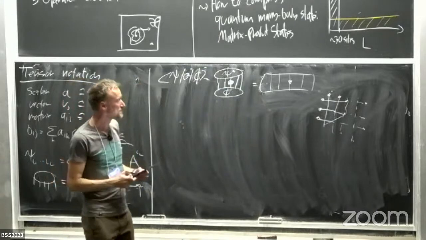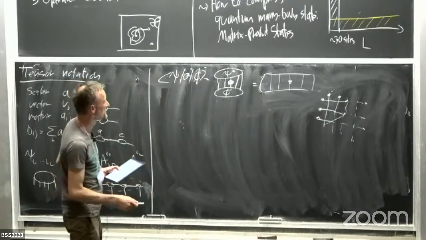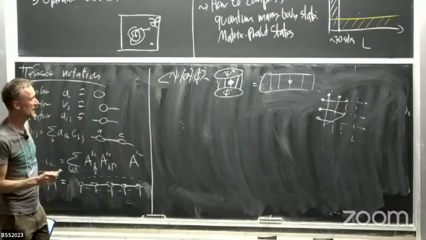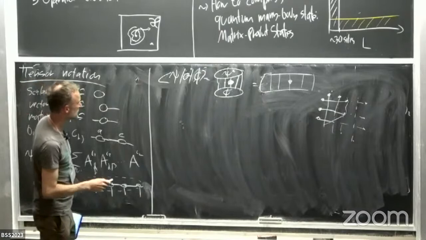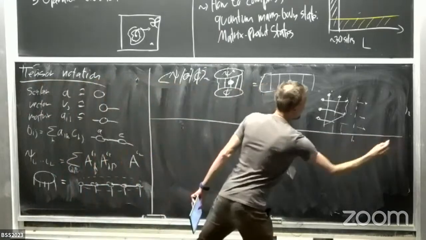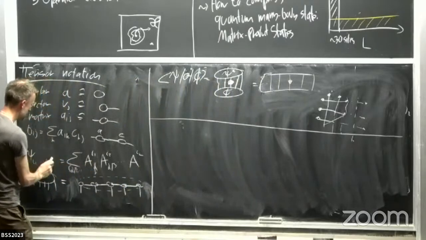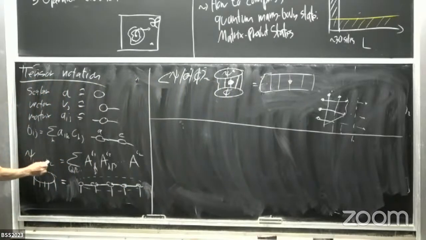Good. So now, before I introduce the algorithm, I need to do some more technicality. And this is the following. What we are interested in are the amplitudes in the many-body wave function. So this is what makes our physical wave function. So these are the amplitudes in the many-body wave function.